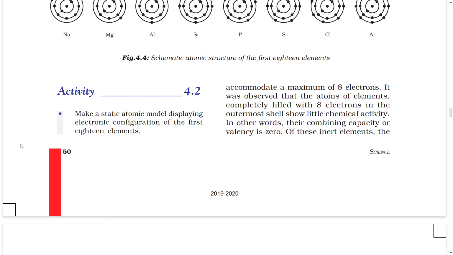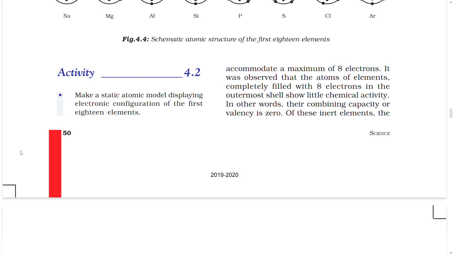It was observed that the atoms of elements completely filled with 8 electrons in the outermost cell show little chemical activity. In other words, their combining capacity or valency is 0. Of these inert elements, the